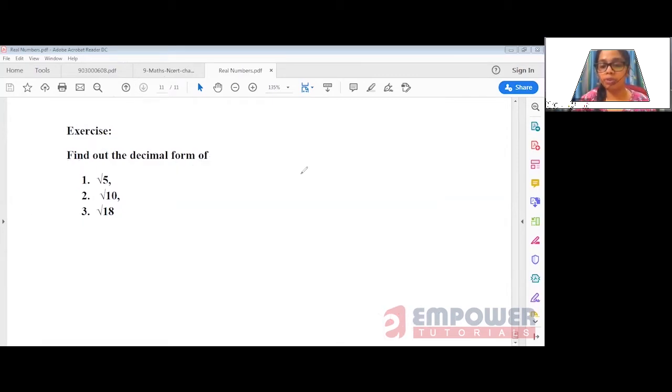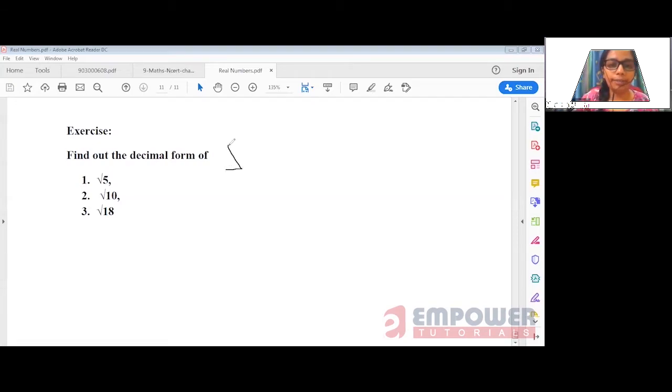The rules that we use for addition, subtraction, multiplication or division of different variables, we have to use the same rules for addition and subtraction of irrational numbers. Rational numbers we know how to add because we do that in our day-to-day life. But for irrational numbers, we use the rules which are the same as for addition and subtraction of variables. Now, in case of rational numbers, when we are adding or subtracting two rational numbers, we tend to get the answer in rational form, right? What about irrational numbers?